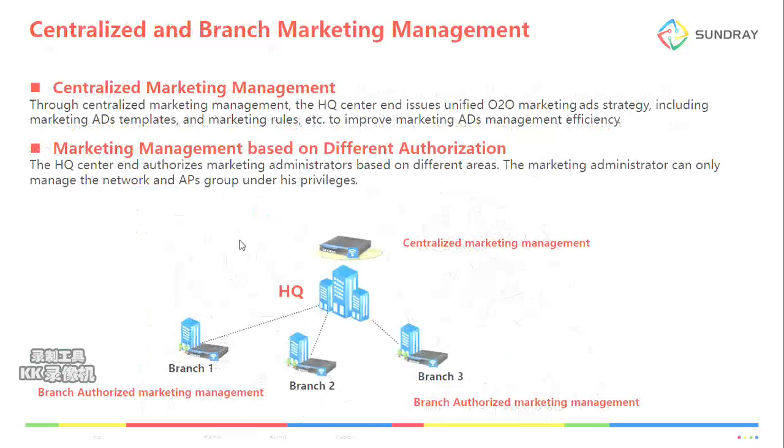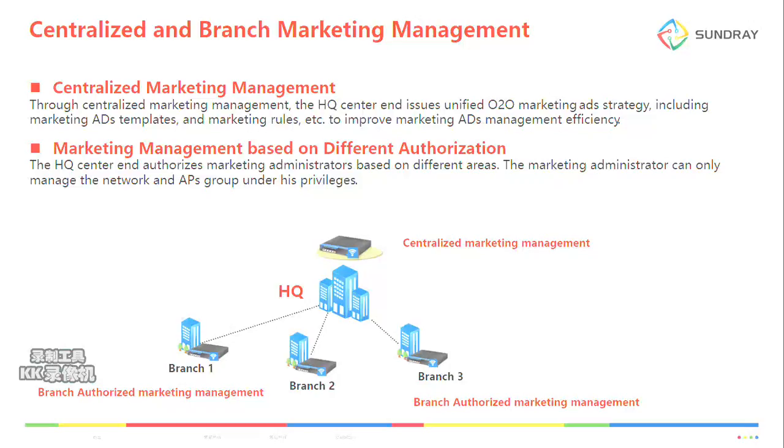And next is the centralized and branch marketing management. So centralized branch marketing management is also used for the big customer. They have their headquarters and a lot of branches. So we can set the unified management, unified marketing policy, like, for example, they have a 10% discount for